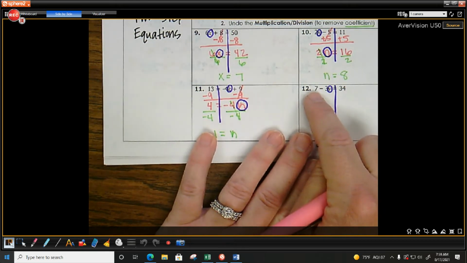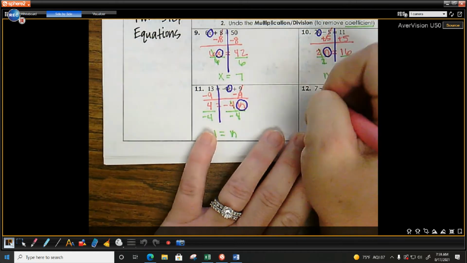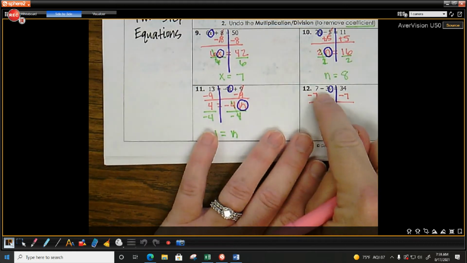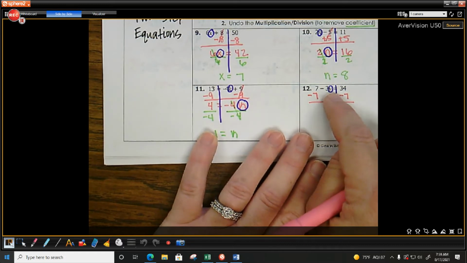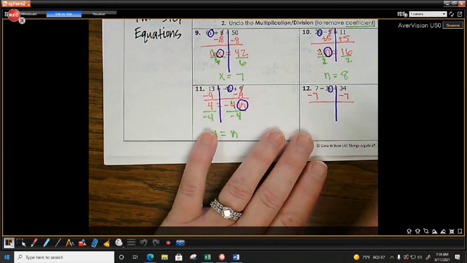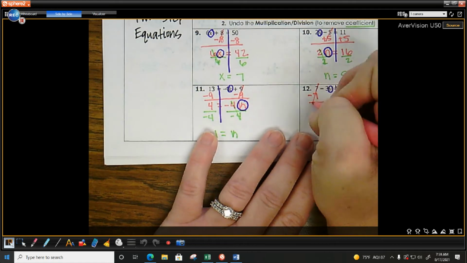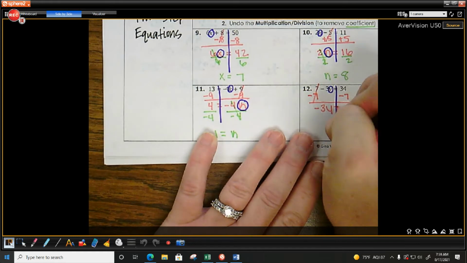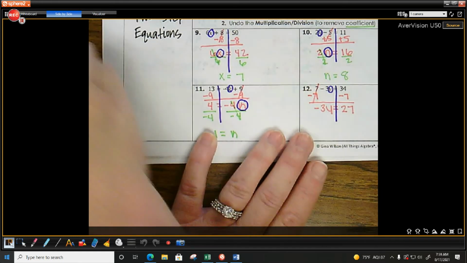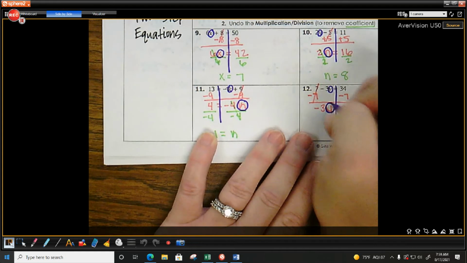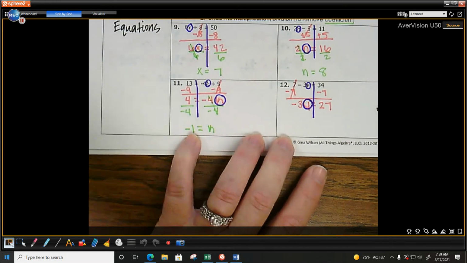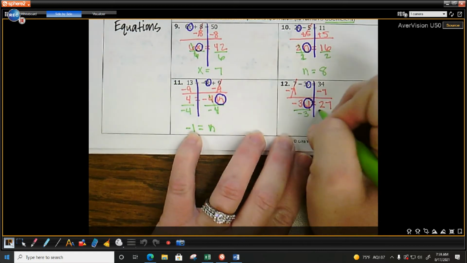Subtract 7. Okay, these are the ones we really struggle on because we see that minus. That minus is pertaining to the 3. The 3 is negative. The 7 is not negative. So 7 minus 7 cancels each other out. When I drop down my 3y, there's a minus in front of it, or a negative. Okay, keep your y circled. What do I do to get the y by itself? Divide both sides by negative 3. Very good. So we get y equals